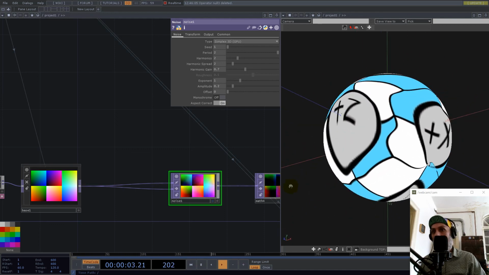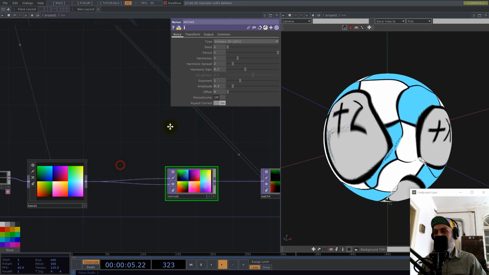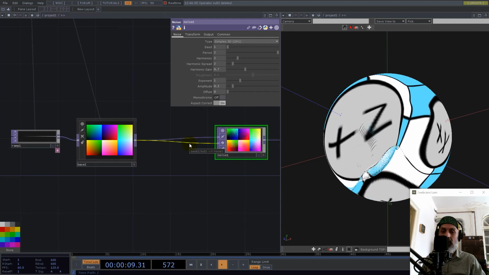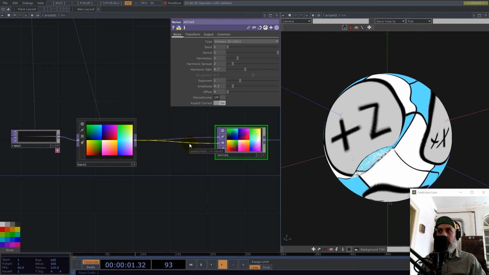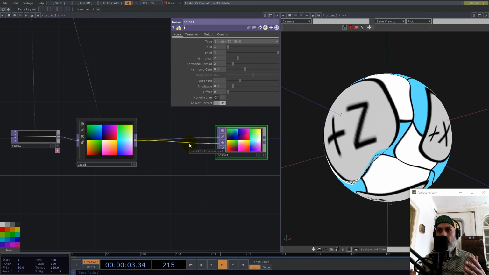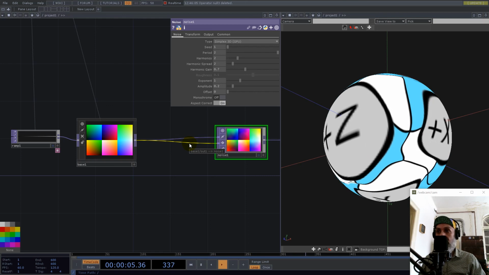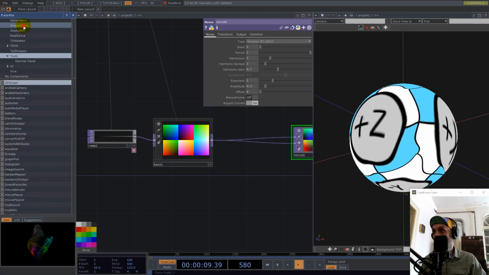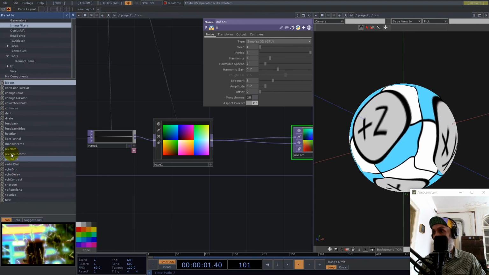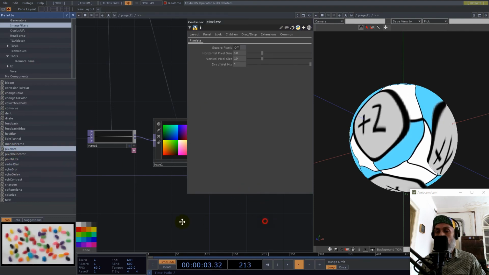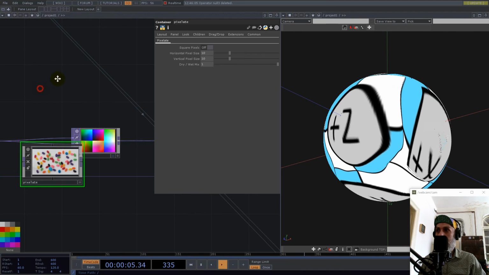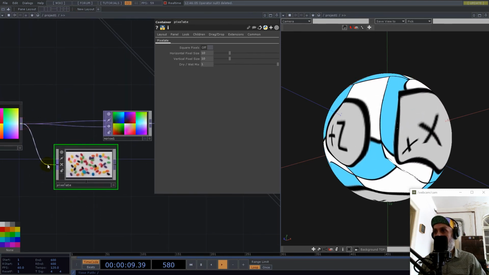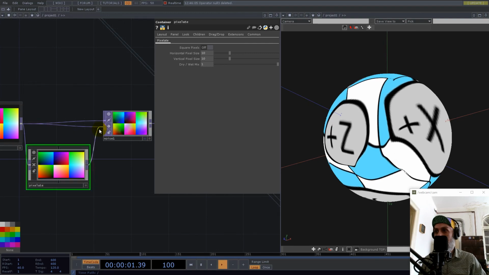And here on the second input I would like to use one of my favorite components in TouchDesigner. So this is pixelate. So what if I said, okay, give me some noise values, but I'll take this as